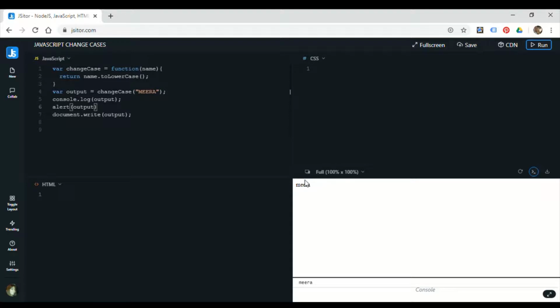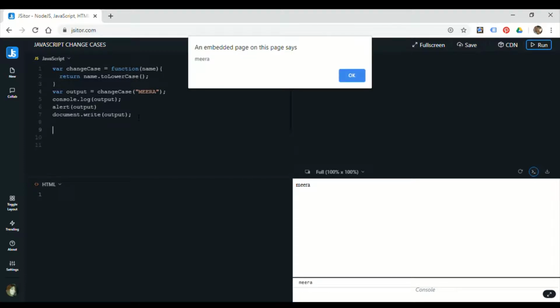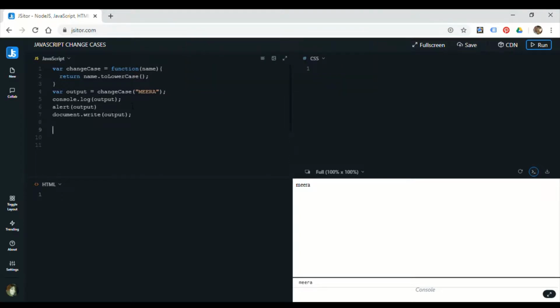And then I also change my code: instead of saying name.toUpperCase, I say name.toLowerCase. And then I come back and again alert output. So here I find the reverse. The uppercase has changed to lowercase.